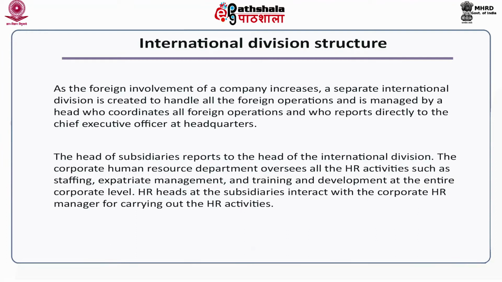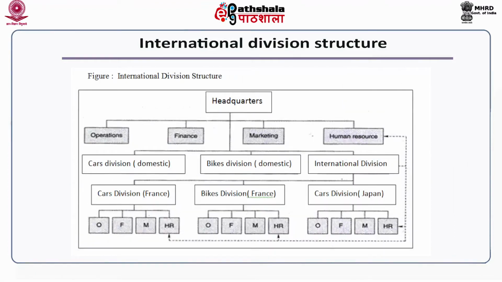The corporate human resource department oversees all the HR activities, such as staffing, expatriate management, and training and development, at the entire corporate level. HR heads at the subsidiaries interact with the corporate HR manager for carrying out the HR activities. The international division structure has been depicted by the figure. As we can see, there is a separate international division which handles the different divisions like cars division in France, bikes division in France and cars division in Japan, and each has its own departments of operations, finance, marketing